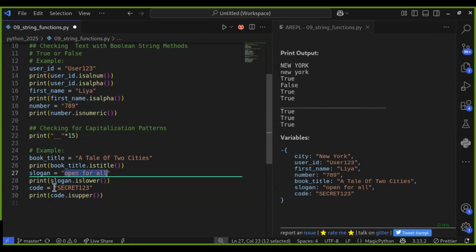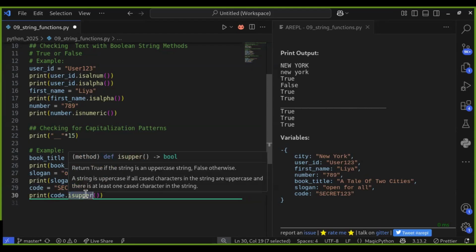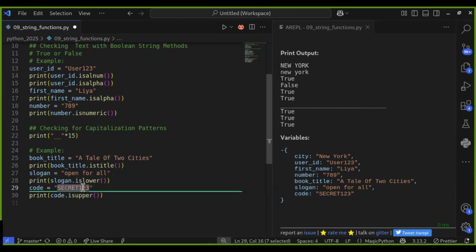The other is isupper. That confirms if all alphabetic characters are uppercase. So in the code SECRET123, except the digits, all alphabetic characters are capital. For example, if you change T to a small letter and check the code with isupper, that returns false because one of the characters is small.